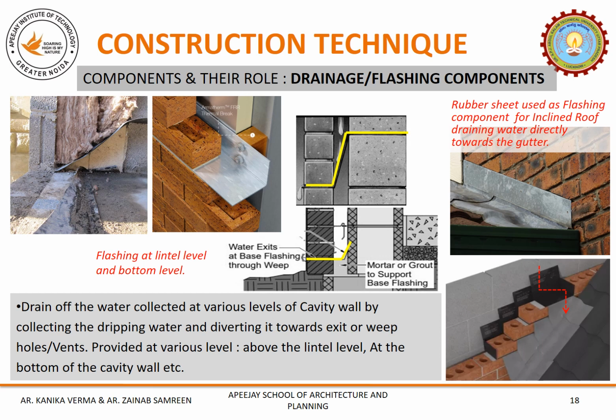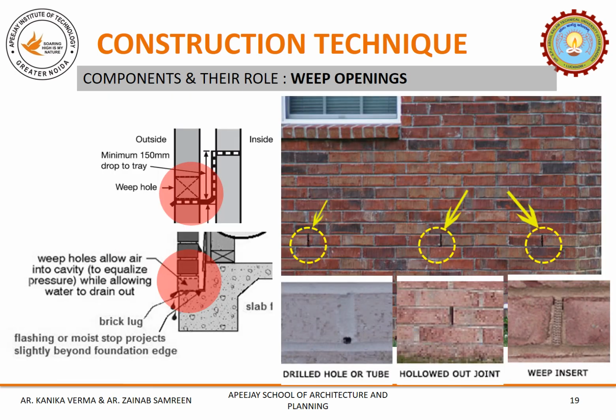The angle which is proposed can be achieved by bending in case of metal sheet as flashing component, and for rubberized thick sheet one can make that angular slope using the mortar to attach the rubber sheet and get the desired angle. Now one can see in these two sections the placement of flashing component within the cavity wall and the exit marked as weep hole right next to it.